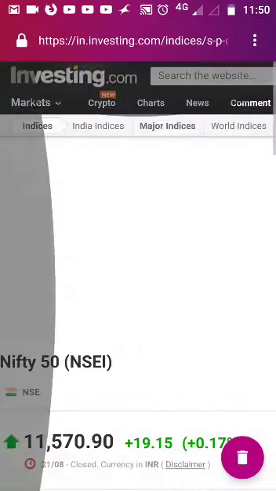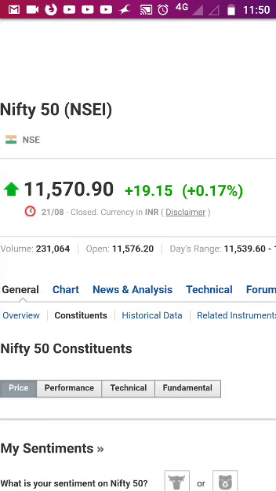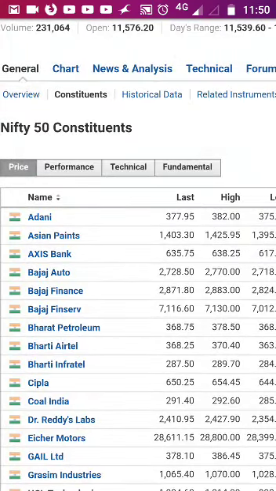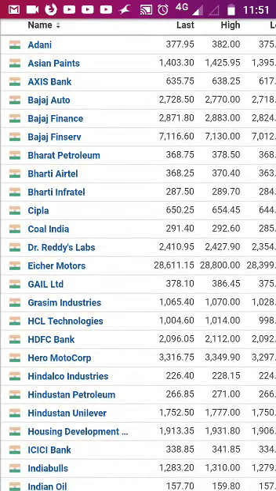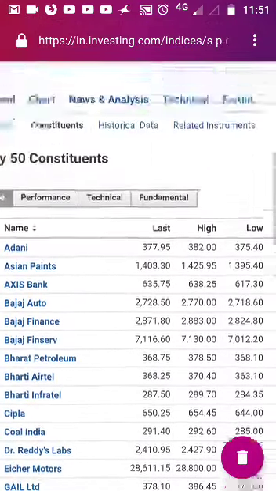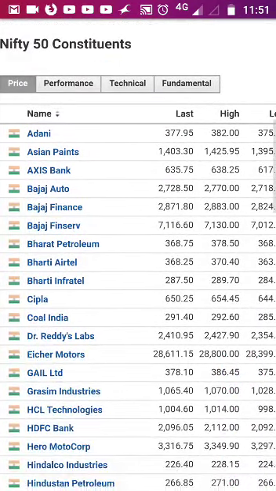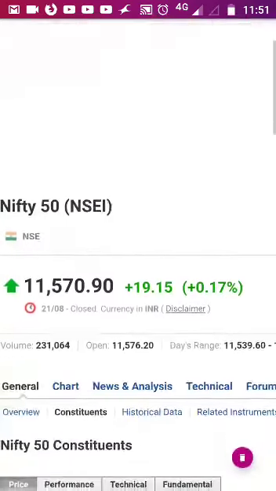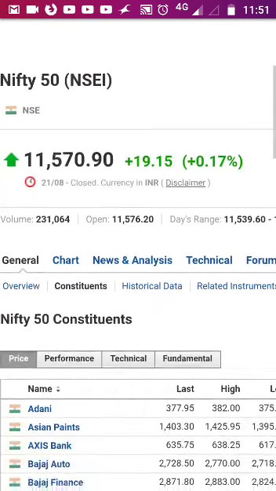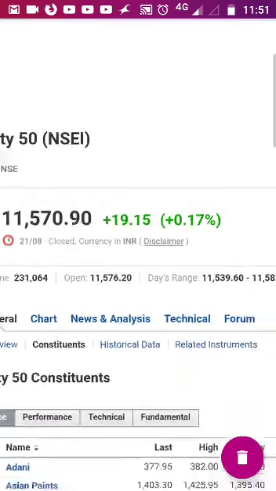This is just a small example which I gave you, and there you can also see some live analysis from this website, which is based on the live view of the market. So you don't have to manually go and check the charts, which will give you a fair indication of where it is heading, and also the historical data. There is a lot of information which you can check, but this should be your first view, especially if you want to see how the markets are behaving. This should be the first place where you can see, other than other websites like